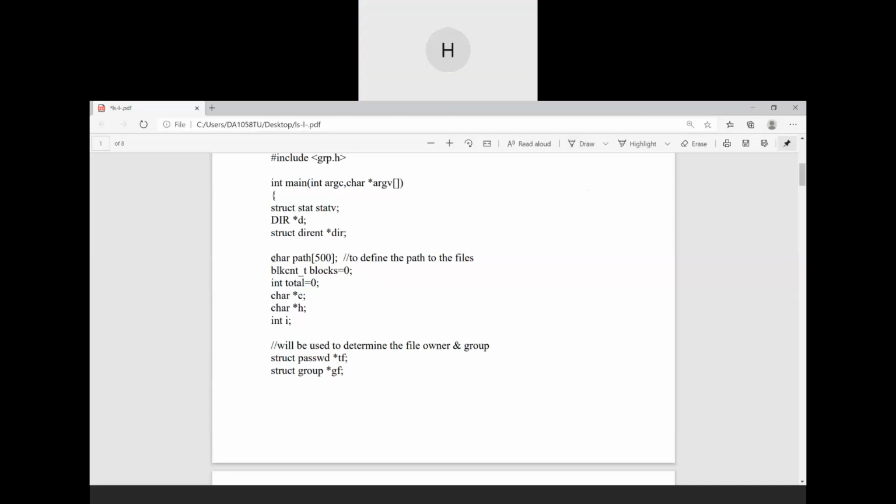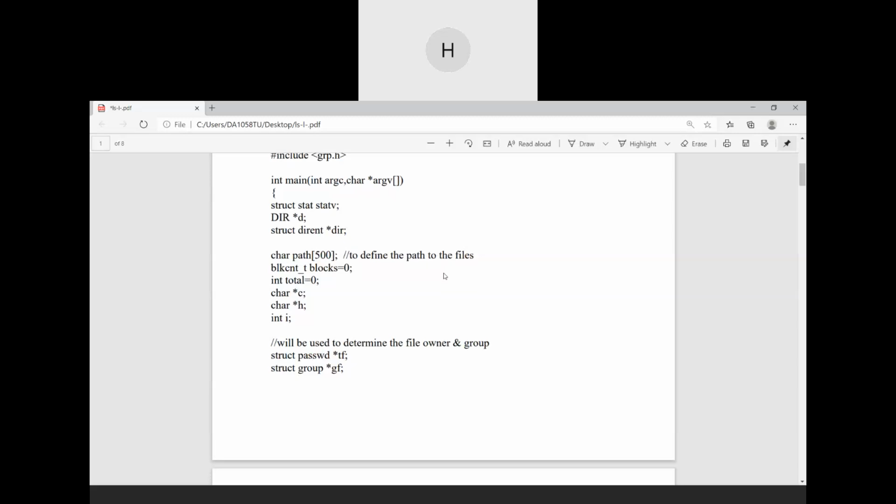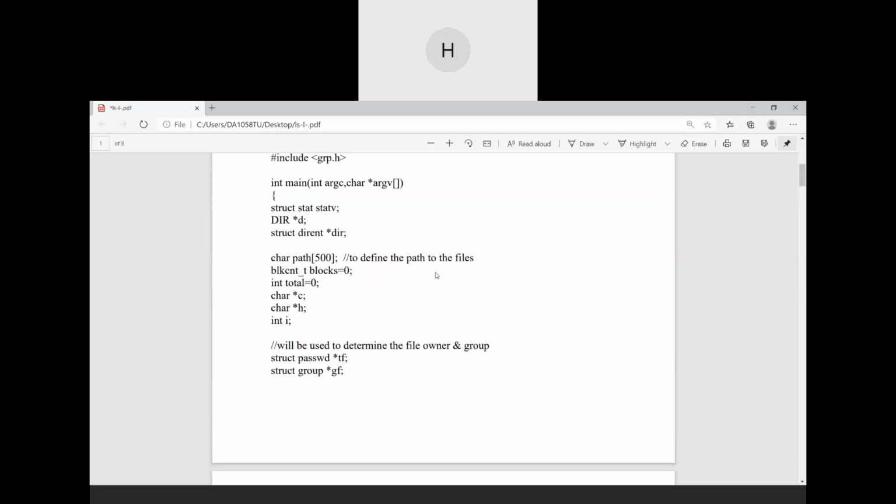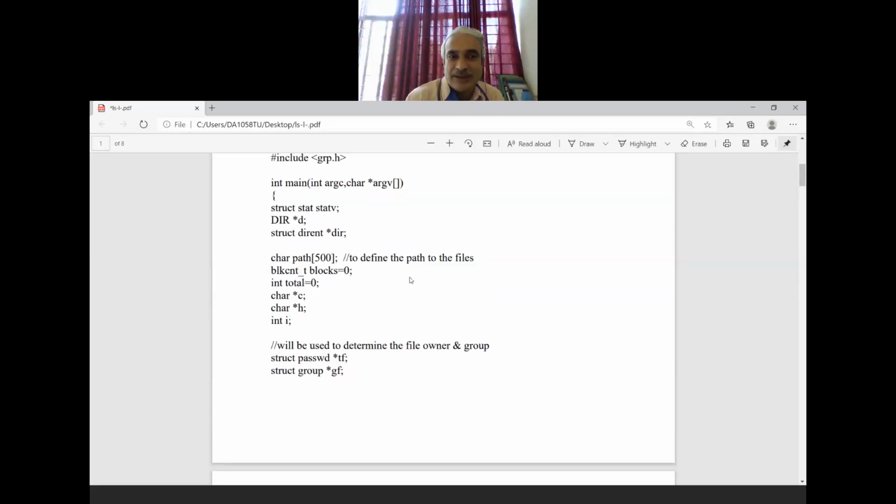So here we are declaring a character array to store the path of the directory and also to concatenate the files being read by the readdir function. That comment is okay, but elaborate that comment a little bit.